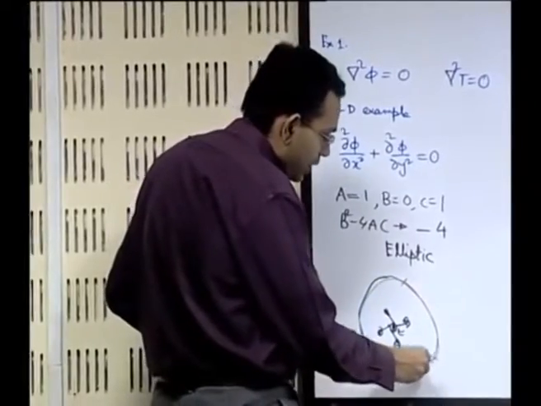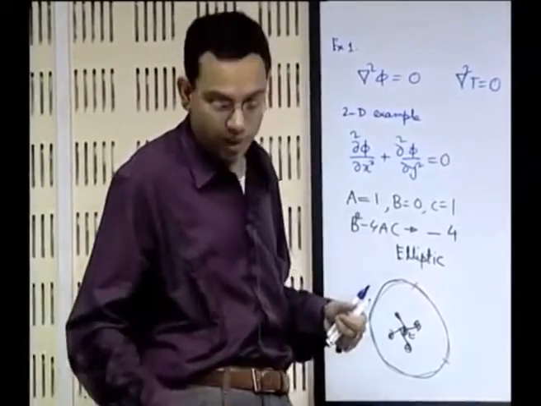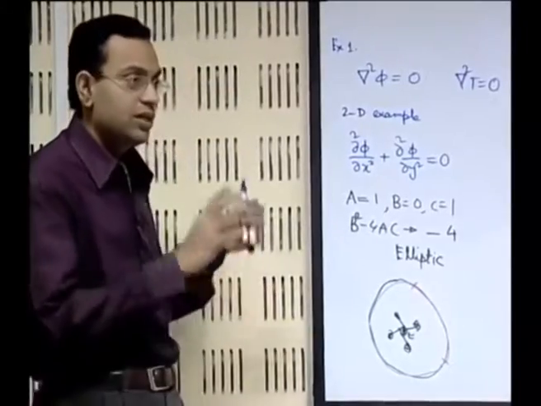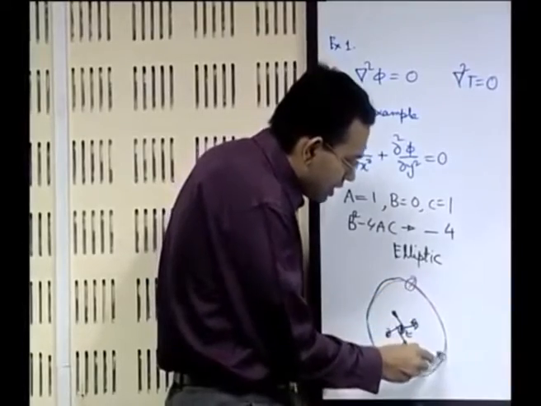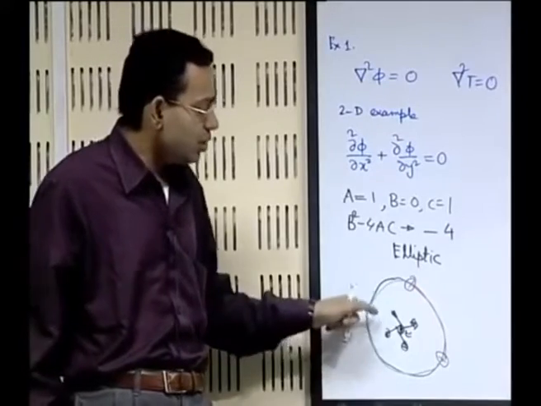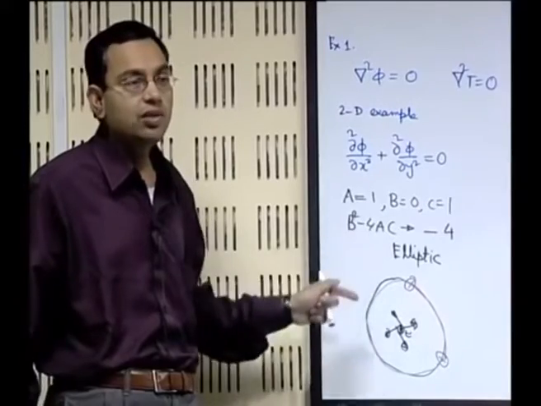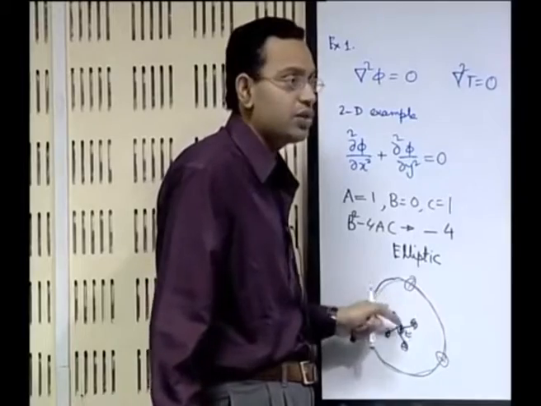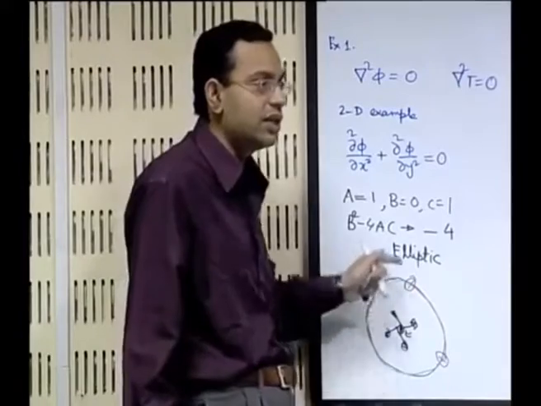Say one part of the boundary you keep immersed in steam at 100 degrees centigrade, another part of the boundary you keep immersed in ice at 0 degree centigrade. So they are at different temperatures. That means you have some discontinuities in the boundary condition, but the solution in the solution domain is continuous. So despite the possibility of discontinuity in the boundary condition, you will always have for an elliptic problem the solution continuous inside the domain.